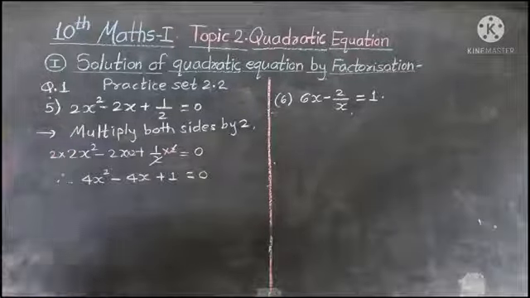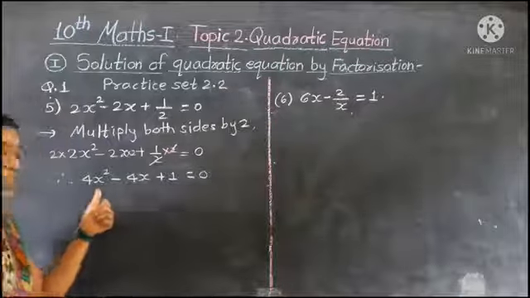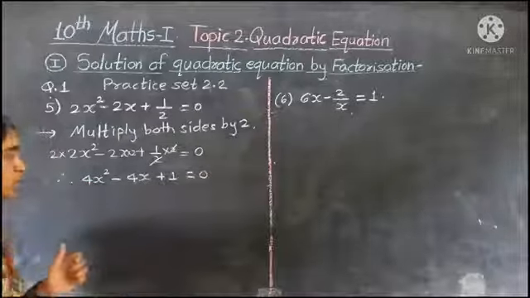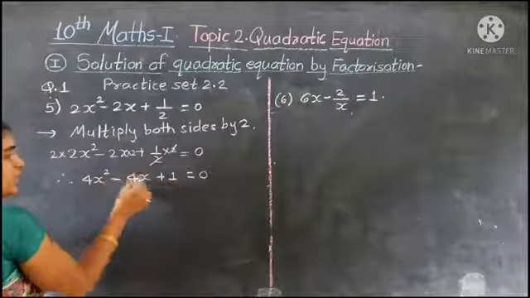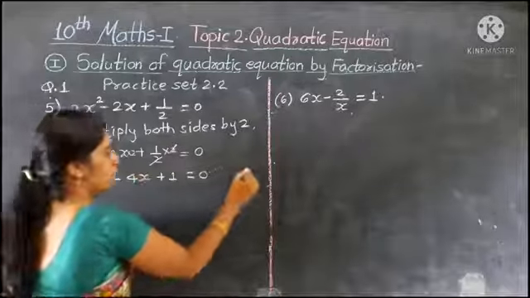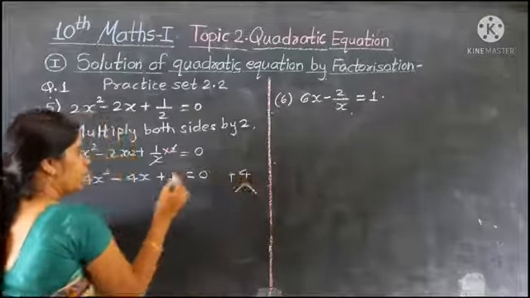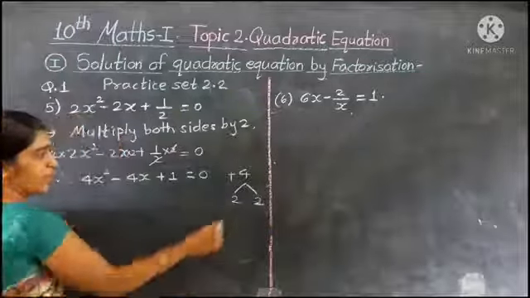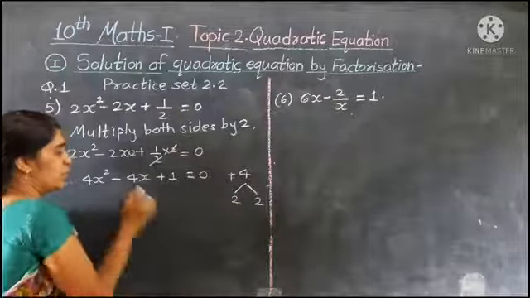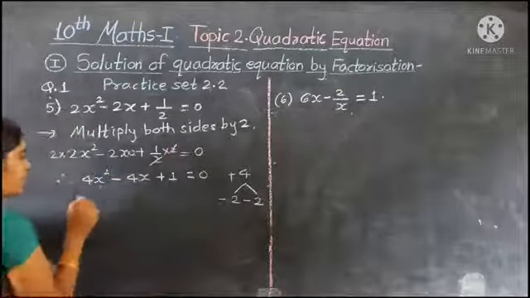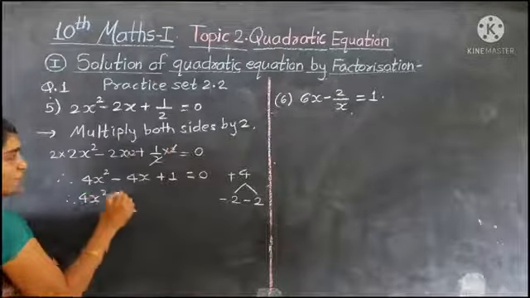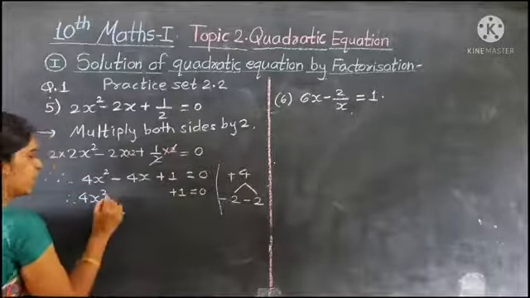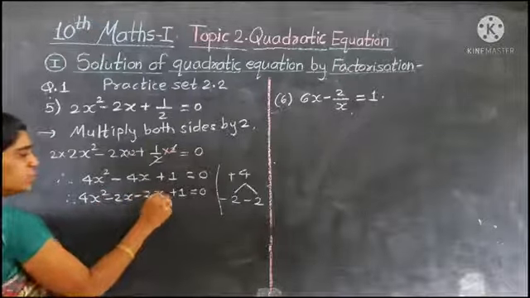Okay. Now this is the quadratic equation in standard form, ax square plus bx plus c is equal to 0. Now you factorize this. 4 1s are 4. We have to make factors of 4 so that its addition is 4. That is 2 2s are 4. If plus is the sign, then give the same sign to both. Middle sign is minus. So we get 4x square, this plus 1 as it is, minus 4x you can write as minus 2x minus 2x.